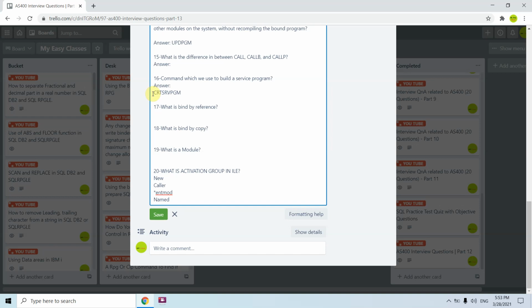And if the Teraspace storage model is used rather than the single level storage model, then in that case QILETS is used. So these are all the things which are there in the activation group in ILE.